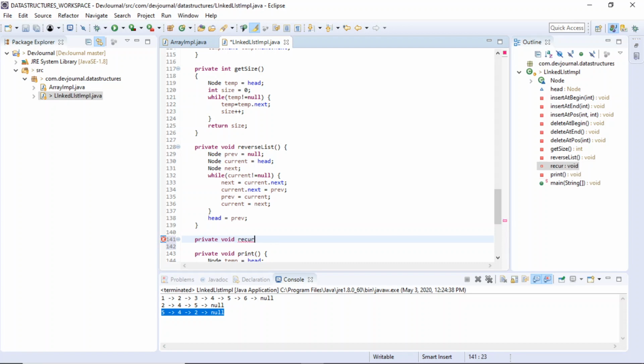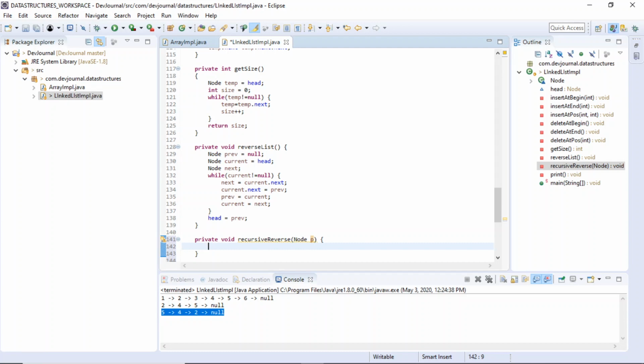Let's name it recursive reverse. Now recursive reverse will pass something in the argument, let's say node p.